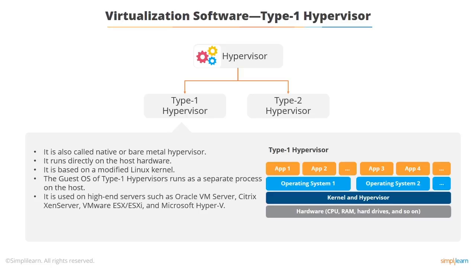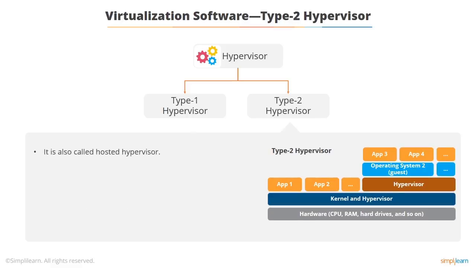So if you go to a big data center with huge servers in there, they'll be doing virtualization, and they will be using these really high-end ones like the Oracle VM Server, Citrix, and so on, VMware ESX. All these are quite expensive products, but they enable you to run a large number of virtual machines on a large piece of hardware seamlessly. So that's the principle there. You've got the hardware with the hypervisor sitting on top of it, and then the individual operating systems sitting on top of the hypervisor with the applications running on the operating systems themselves.